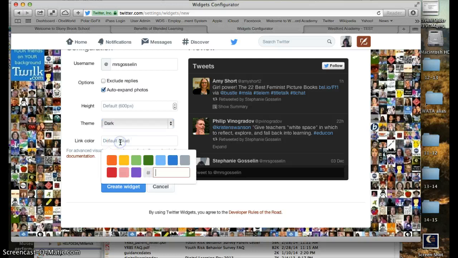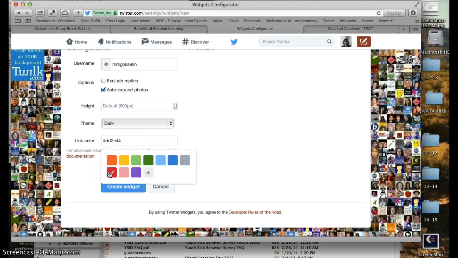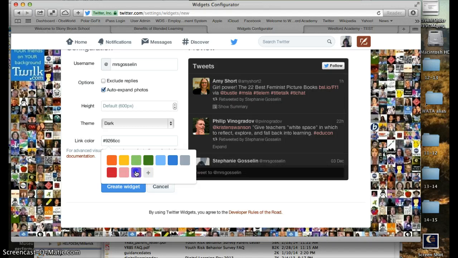And I can do link color. You can choose whatever color you want your link color to be. You can make it red. You can make it pink. You can make it purple. I could even make it maroon if I want, if I know the code. I think it's